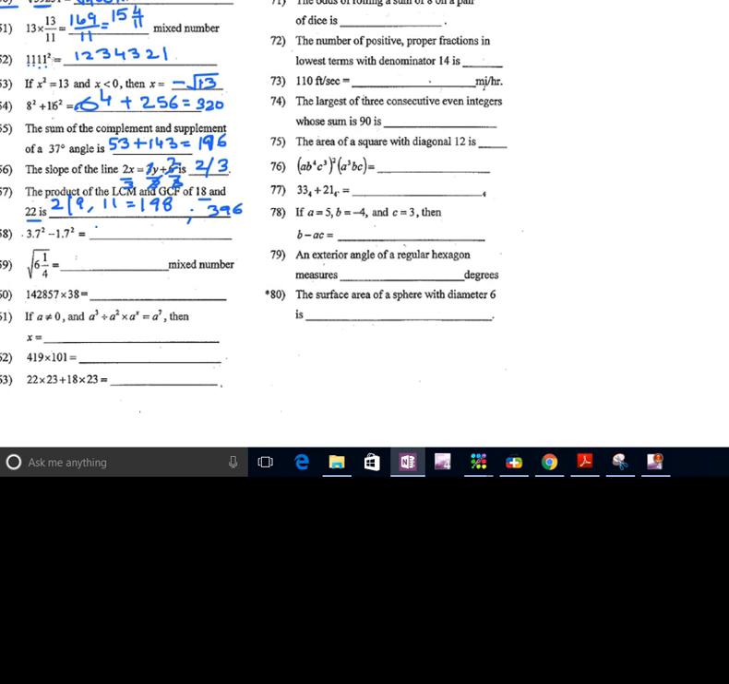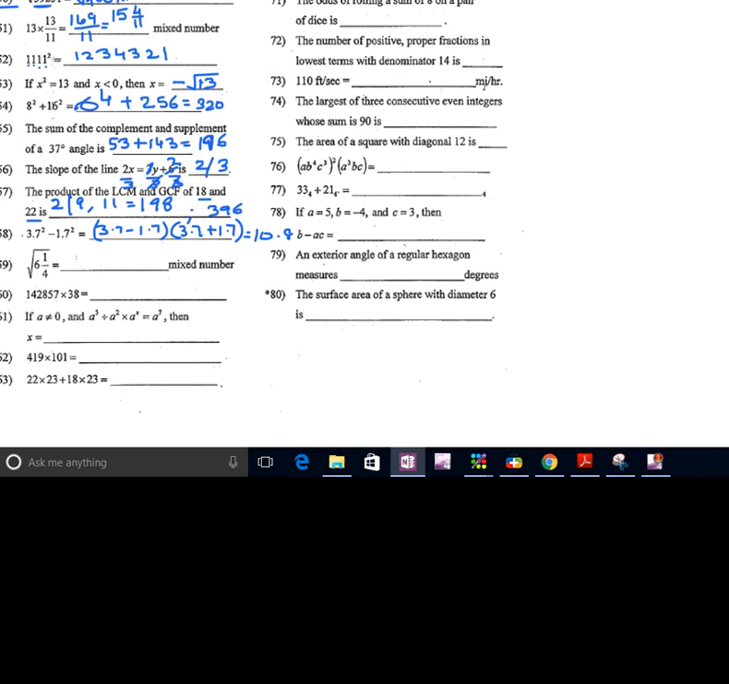Question 58, 3.7 square minus 1.7 square. So one way to do this is to use the formula a square minus b square is equal to a minus b times a plus b. So I will write 3.7 minus 1.7 times 3.7 plus 1.7. So 3.7 minus 1.7 is 2, and 3.7 plus 1.7 is 5.4. So 2 times 5.4 is clearly